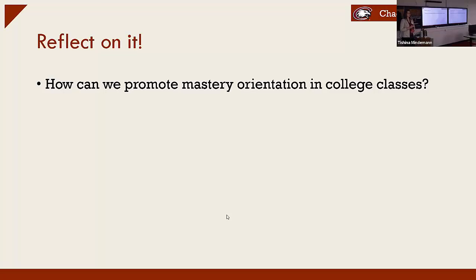How else can we focus on mastery? Learning goals, right? Instead of performance goals. I think building relationships with our students, knowing our students by name and need so that we can show them how they are growing. And really talking to them about, like, you told me you really care about this. So, you know, I can see you making progress. I can see you're learning.